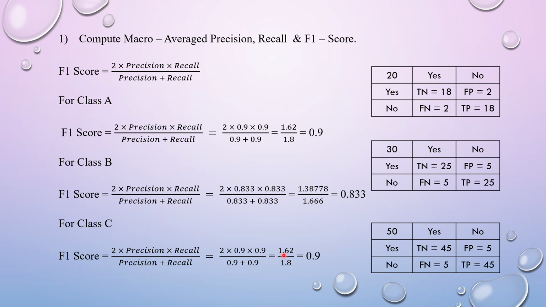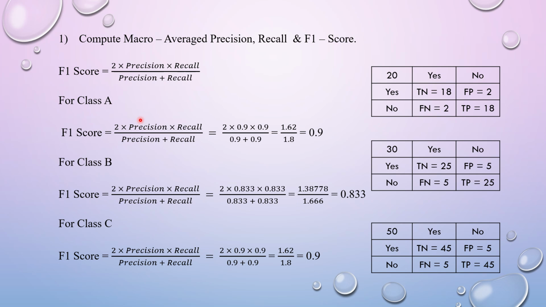So here 1.62 divided by 1.8 which is equal to 0.9. So F1 score for class A is 0.9, F1 score for class B is 0.833 and F1 score for class C is 0.9. Next, we will calculate macro average F1 score by adding